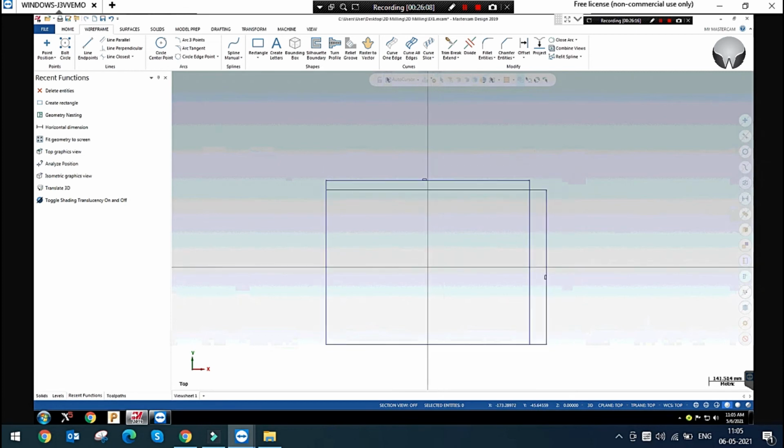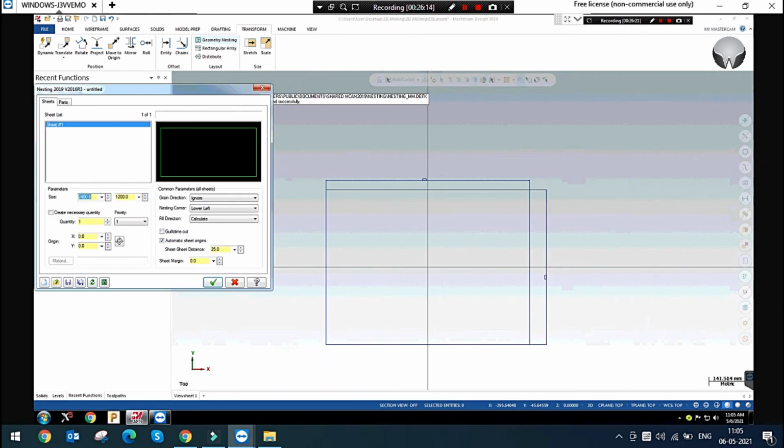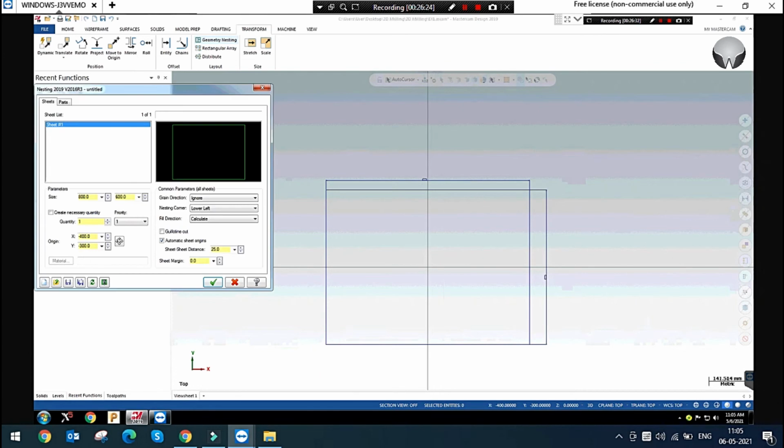Please wait, we will check. Sheet size is 800 by, or my origin is from this, right? Okay, this is my margin. Sheet margin we can give, how about sheet margin 20, right?